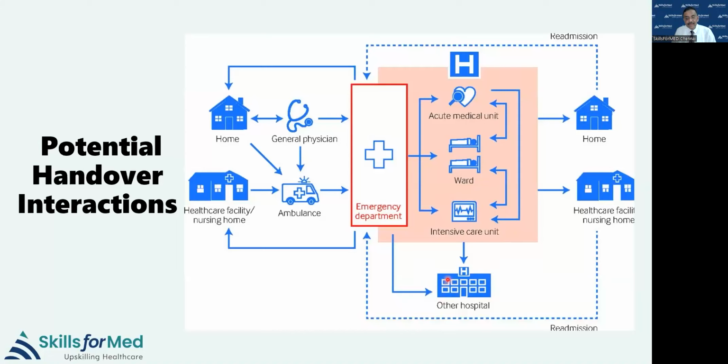And then if they're transferring to another hospital, that handover can take place either from the emergency or from the ward. Then when we discharge, you're actually handing over the patient to the relatives or to the home care nurse or something like that. And if they're going to a long-term facility like a nursing home, again, handing over takes place. So there are so many opportunities for handing over and so many opportunities for error also. So this is the problem with handing over.